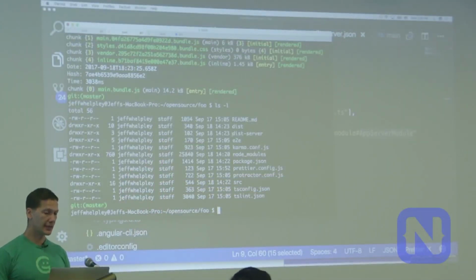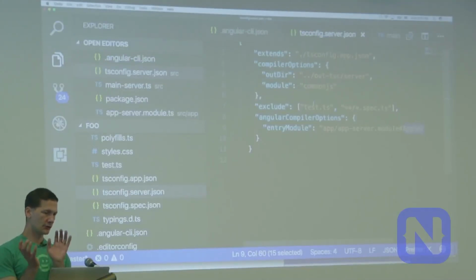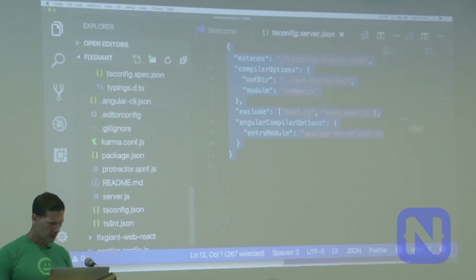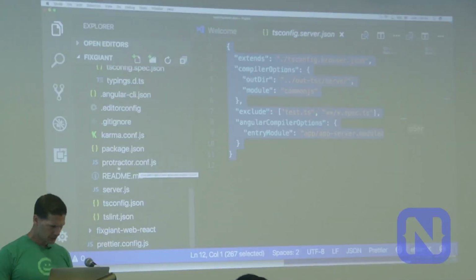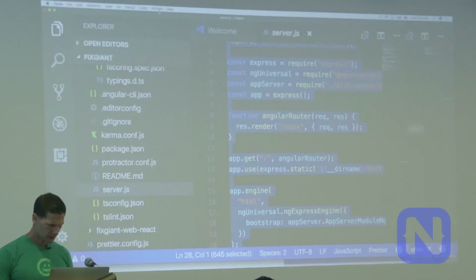Now we just have to execute it. And there's different ways to do this actually, to actually run the server. It all depends on what server container you want to use to execute this. There is something that we created, the Express engine. Let me just copy this over and I'll explain it.